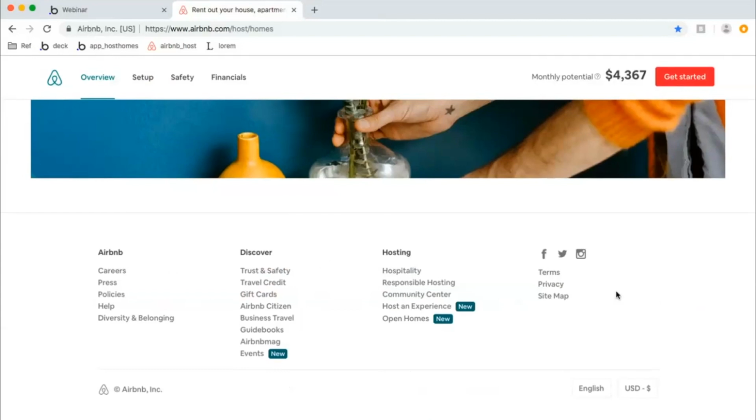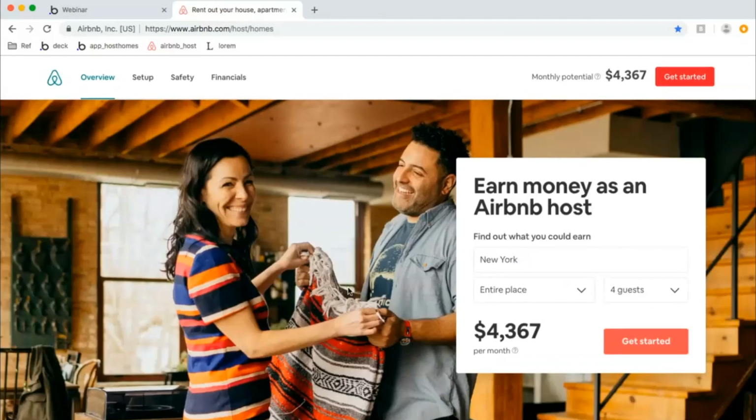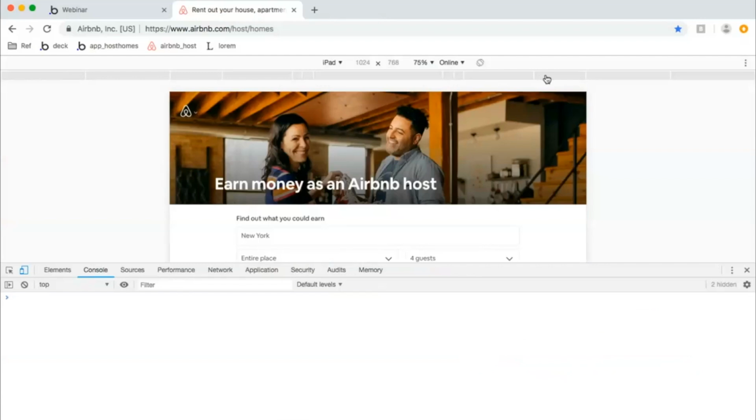And at the bottom, there's the usual footer that's across pretty much every single brand. So this is our desktop view. Now, if you see this on a mobile view, this is going to change. And so let me move back to